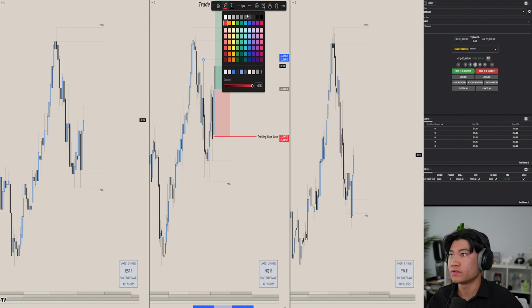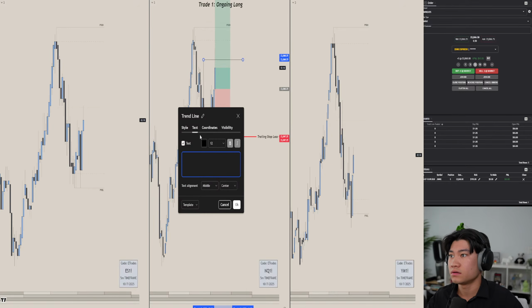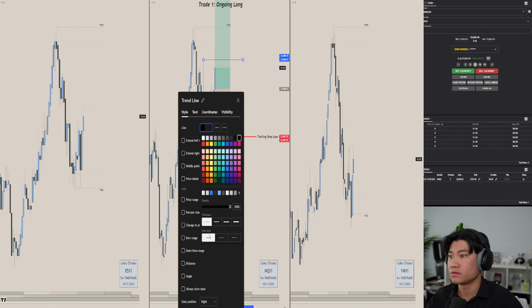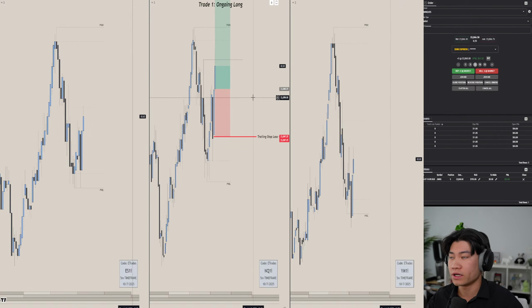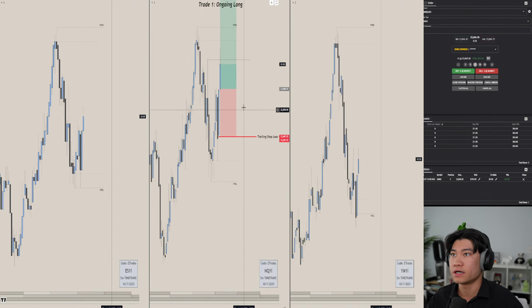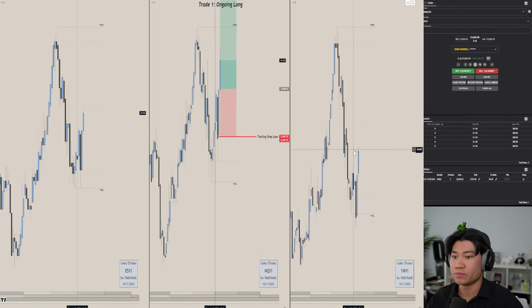I should make this a different color. Black and line style. So I'm paying attention to this buy side liquidity at 8:30 right now. This would be the news candle high. Are we able to get some speed, push above it, close above it? And that would be the same for YM, watching this 9 a.m. swing high. Are we able to close above that?